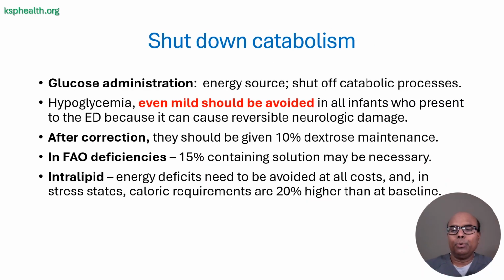Once you have suspicion of inborn errors of metabolism, number one, you need to shut down the catabolism. Glucose administration serves multiple purposes. One, it treats hypoglycemia, it provides an energy source, and it shuts off catabolic processes. Hypoglycemia, even mild, should be avoided in all infants who present to the emergency or urgent care because it can